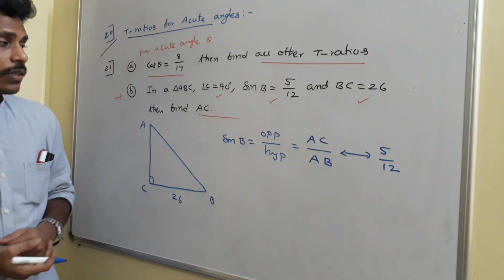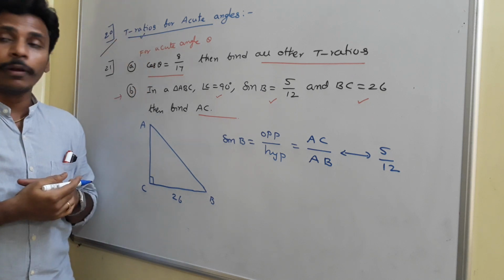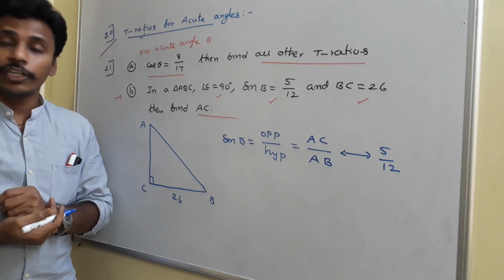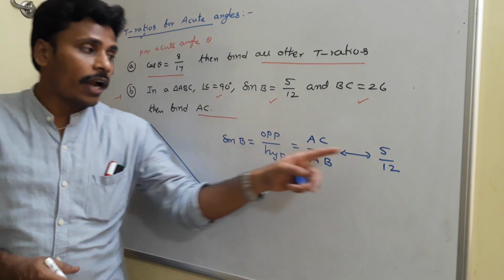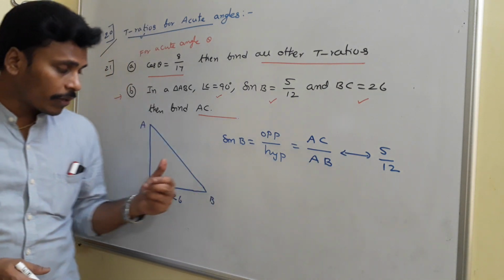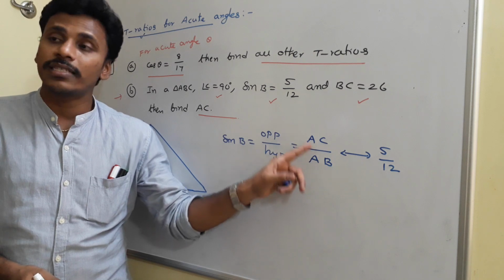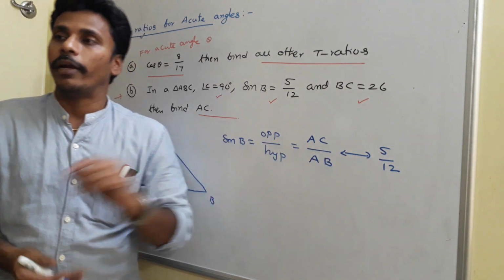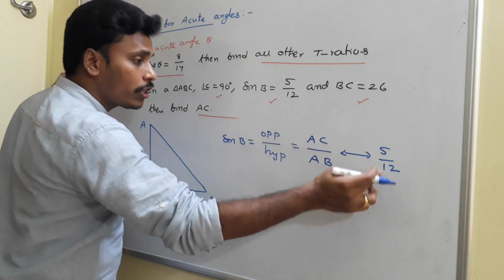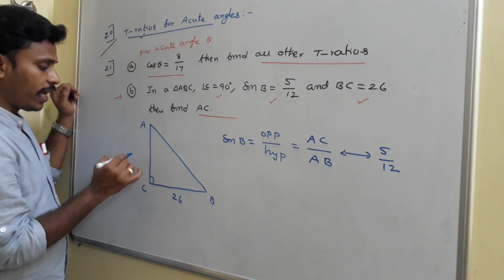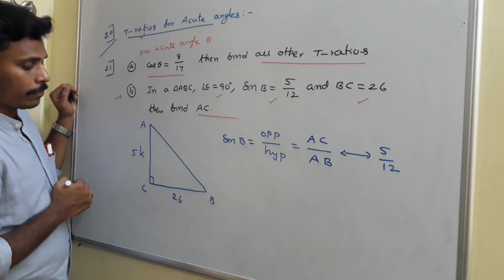Think about it for a while. These are the trigonometric ratios. Once again I am repeating, these are the trigonometric ratios. Sine B is a ratio, which is between 5 and 12. From the triangle, sine B is a ratio between AC and AB. So the ratio between AC and AB sides is 5 by 12. Then you need to take that AC is equal to some 5K and